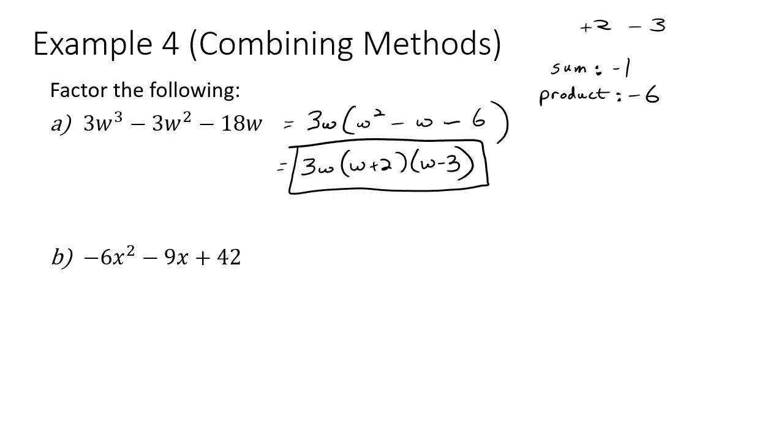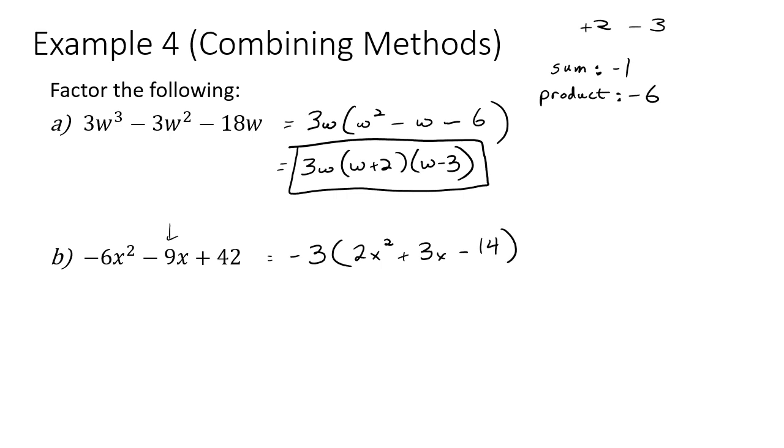Similar idea for part B. There is no variable in common between the three this time around because we have a constant without any x's, but all three of these numbers are divisible by 3. So I can factor a 3 out, but because I prefer my x squared term when I'm factoring to be positive, generally speaking, I'm actually going to factor a negative 3 out just to adjust that. You don't have to, it's just my personal preference. And that would leave us with a positive 2x squared, because all of the signs are changing since I pulled out the minus sign, plus 3x, and then that becomes a minus